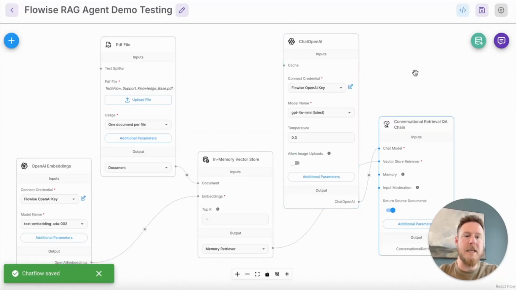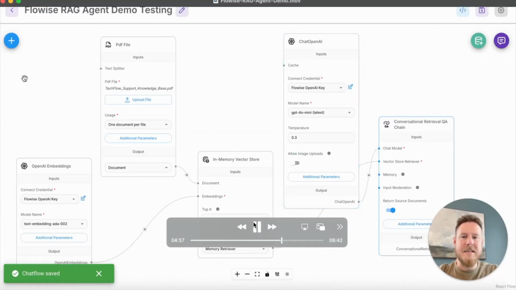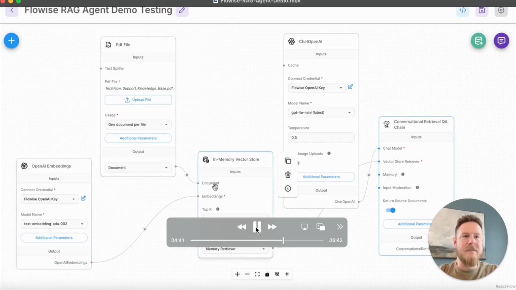You can also duplicate it and make another version. Now everything's saved, and we have a running workable canvas. Everything appears to be in good shape, and all of the components that we built ultimately flow into this final output component, which is the conversational retrieval QA chain.